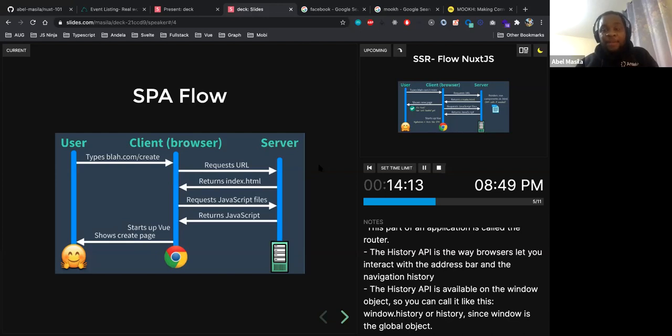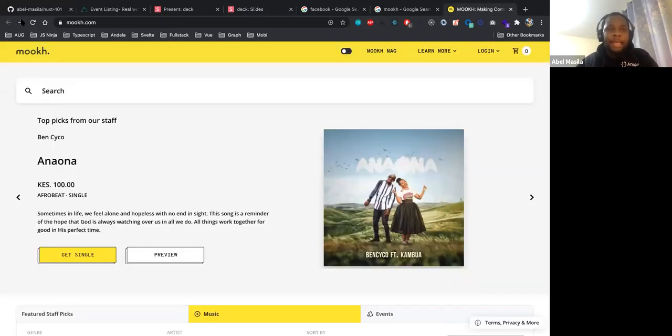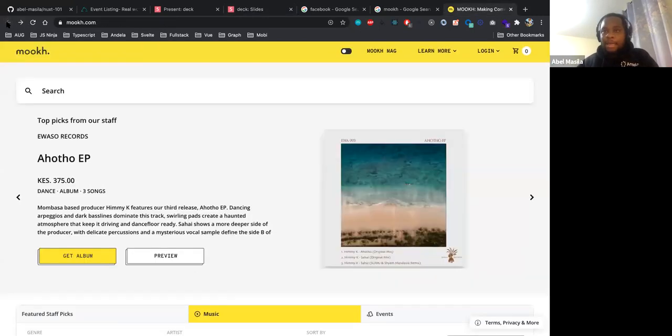If you have been working on React, you have interacted with the history API because you need to provide a history object for your router. So that is what the history API enables you to do: interact with the address bar and the navigation history. And that's why you are able to hit next and also hit back without server interaction, just on the client.